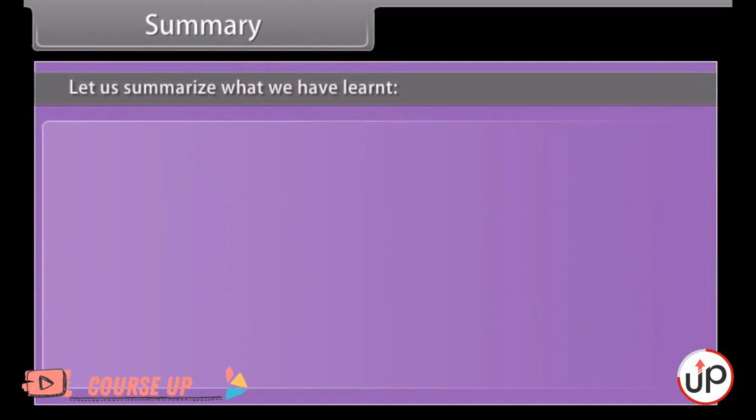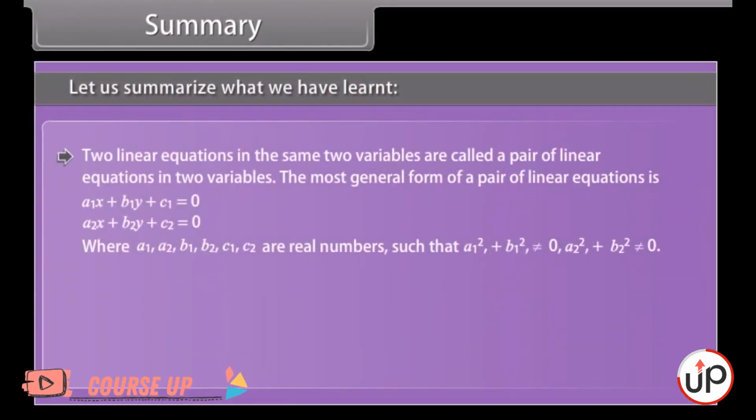Summary. Let us summarize what we have learned. Two linear equations in the same two variables are called a pair of linear equations in two variables. The most general form of a pair of linear equations is a1x + b1y + c1 = 0,